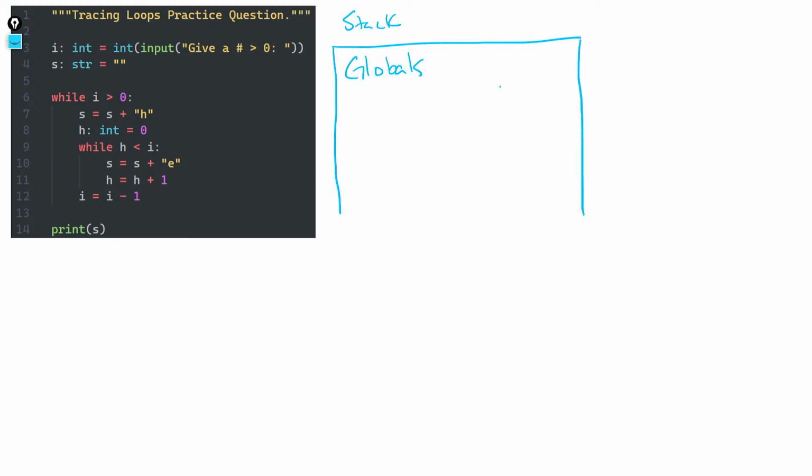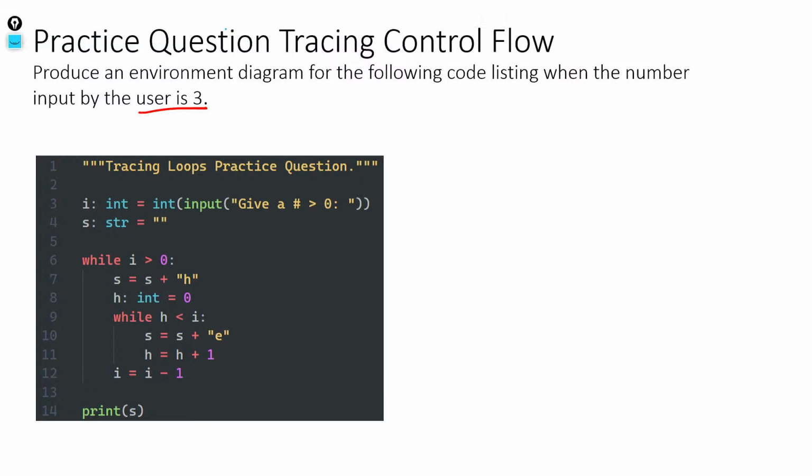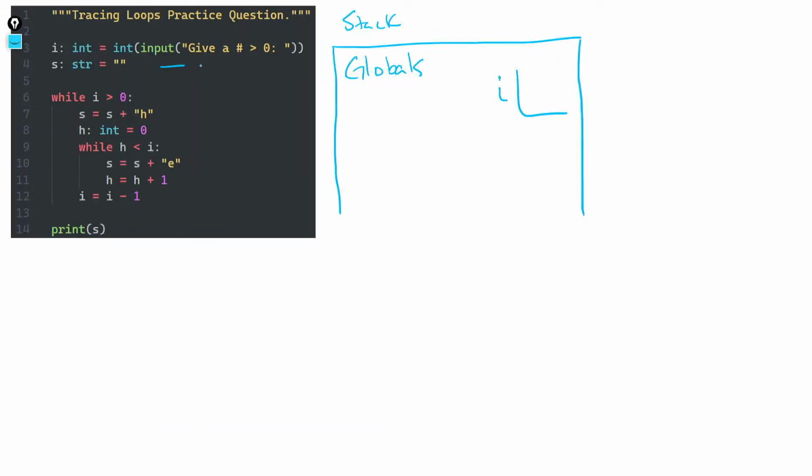And we declare i. So i's initial value is, we said it was going to be 3. So we asked for an input. That gave us a string. We converted that to an integer with the integer constructor and assigned the result of that to i. So now i's value is 3. We then initialized the variable named s to the empty string.